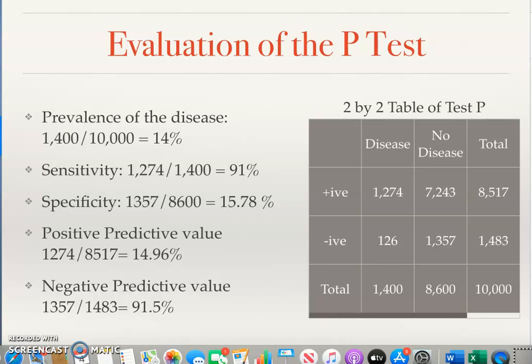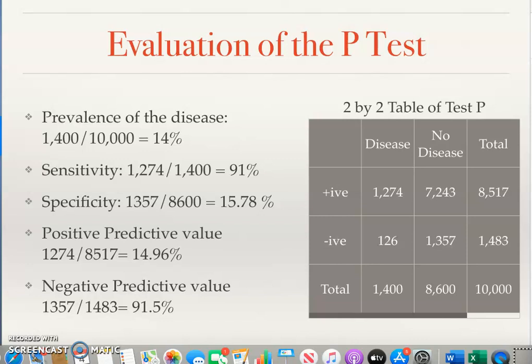The positive predictive value identifies the patients who tested positive. Out of the 8,517 who are positive, only 14.96% will have the pseudo-1 virus, the true positives. This is the probability that a patient who tests positive actually has the virus. This is a low rate for the confidence of the test, in contrast to the strong sensitivity of the